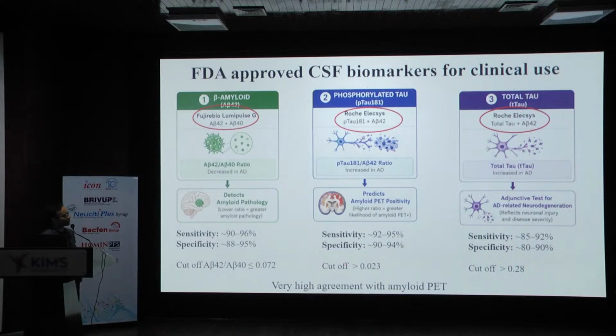Then we have total tau, which has also been seen to correlate with neurodegeneration with a high sensitivity and specificity. And these are the only CSF biomarkers approved as of now by the FDA for routine clinical use, and all of them are available right now in India as well. But you need to remember that the cutoffs which I have shown here are not Indian cutoffs. They are Western cutoffs. So you need to be very cognizant of that when you're interpreting the results from